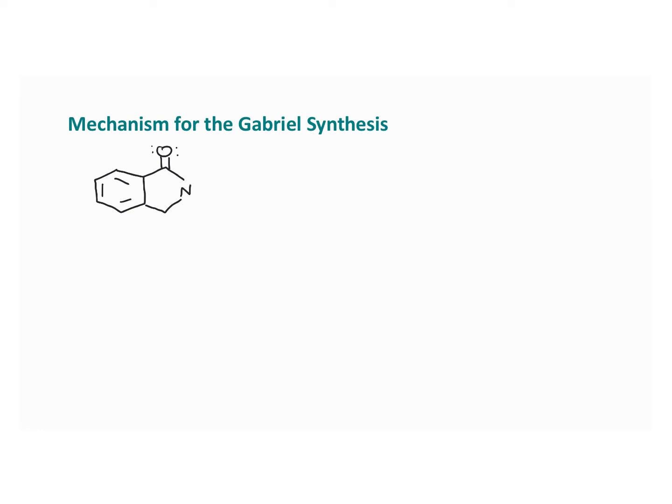We're drawing the phthalimide. And we're going to have a proton transfer as our first step. What we see happening here are these electrons are going to come in and grab that, and those electrons are going to go on the nitrogen. Then